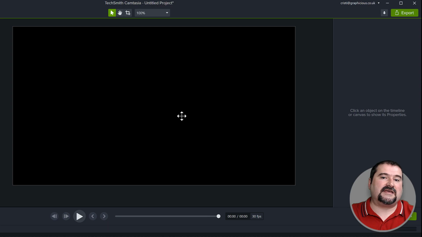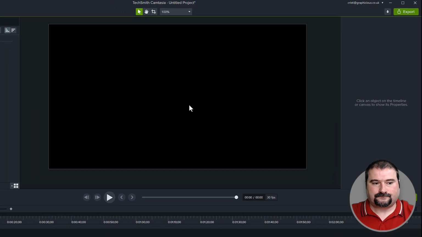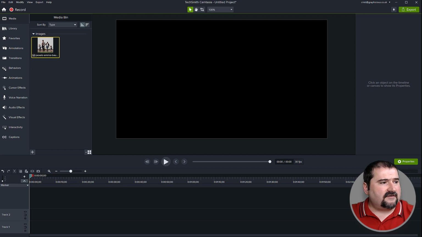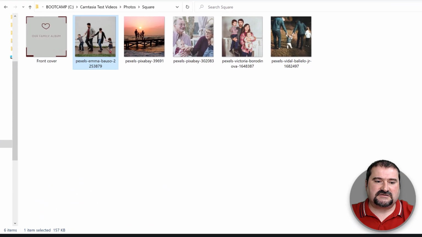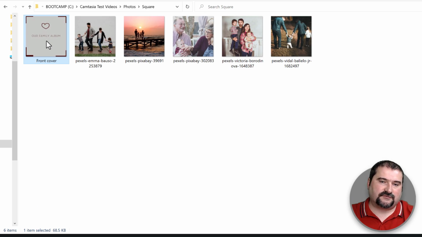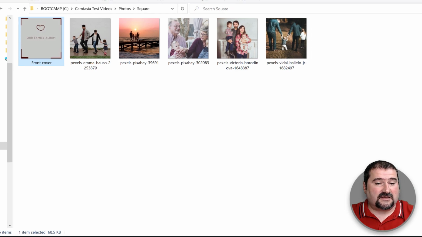We're going to just do this in Camtasia 2022, which allows you to move the center of rotation wherever you like on an object. So just to plan things, I have actually created a bunch of square images. Here they are. I've got a cover image as well, so we're going to use a cover image, and a bunch of square images I got from Pexels. You can see here where they are coming from in the ID on those websites if you want to look them up. But anyway, it doesn't matter which images. You can use any images, and in fact, we're going to create a way for you to replace the images on the fly, no problem.